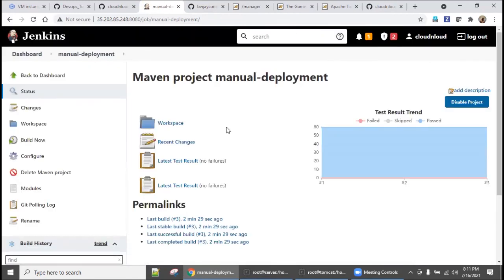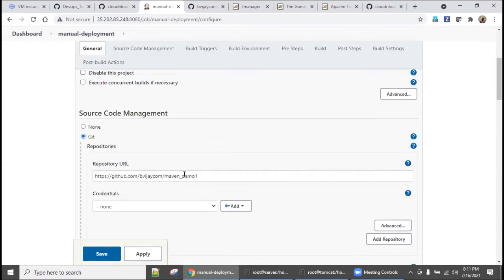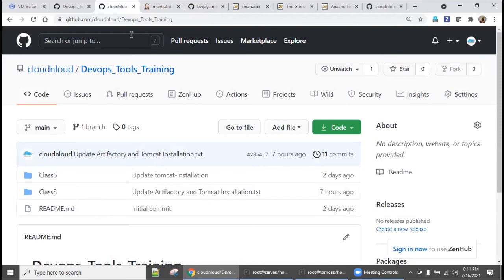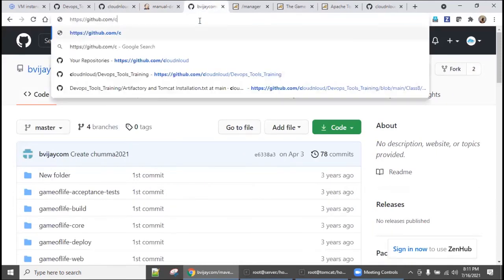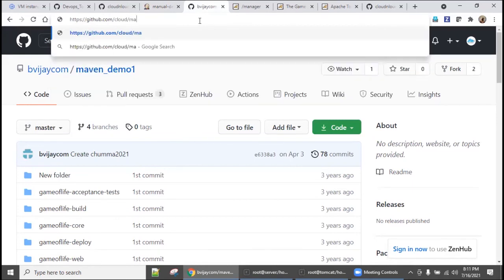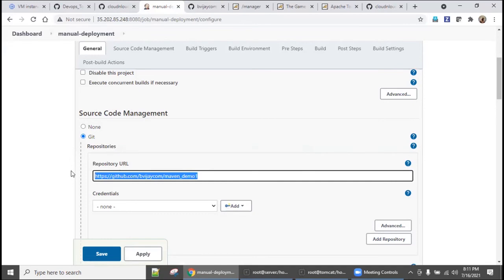The moment you change the repository, the trigger should happen automatically, right? So go to configure. Since we have changed the Cloud and Loud Maven, let's go back to Cloud and Loud, Maven demo. Take this, go to your configuration and save it.